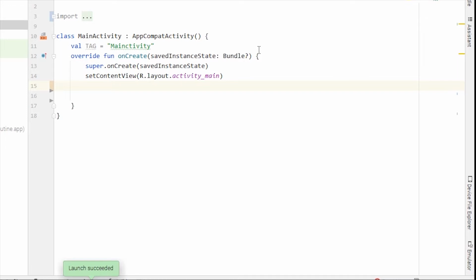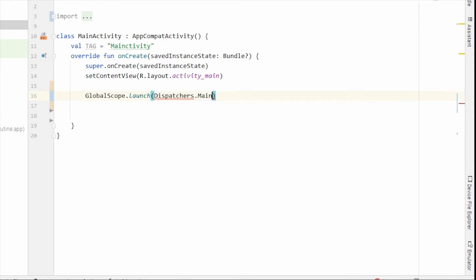To start with, let's talk about the runBlocking function. runBlocking basically launches a coroutine just like we use the GlobalScope.launch function, and runBlocking launches a coroutine inside the main thread. Now if I write GlobalScope.launch and I launch this using Dispatchers.Main, this will also launch a coroutine in the main thread. So what is the difference